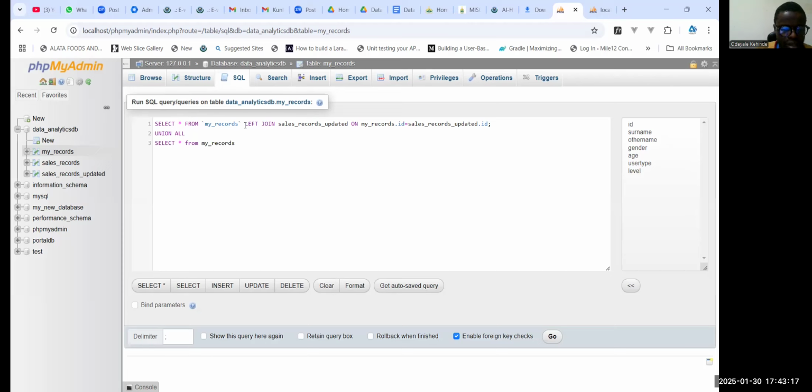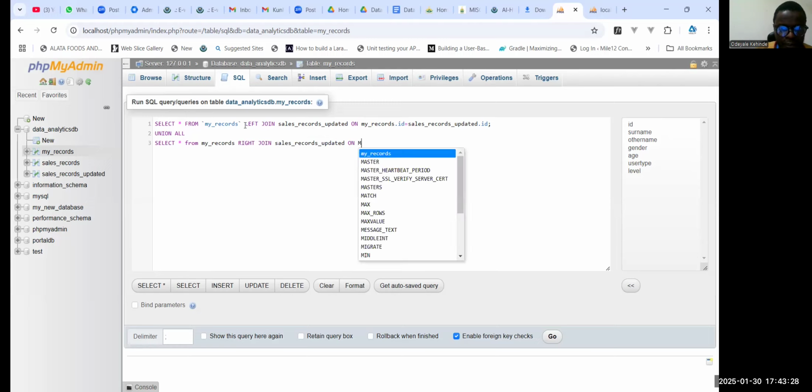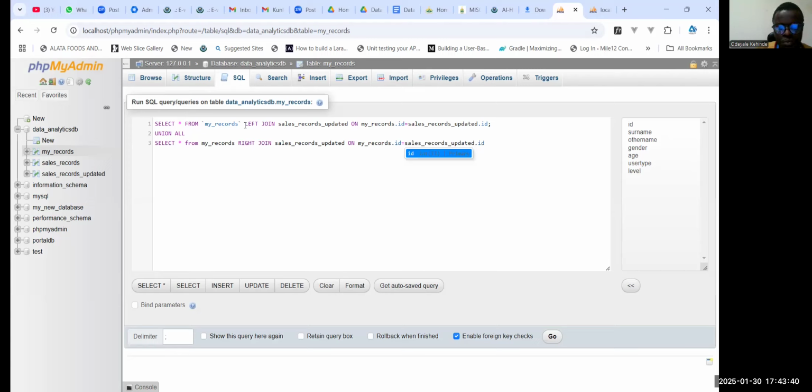My records, right join says records updated on my records dot id equals to says records dot id. Okay. So when you have this, it's going to combine the result of left join and the result of right join. It will combine both together, so to have a full join. Okay. So when you click on go,